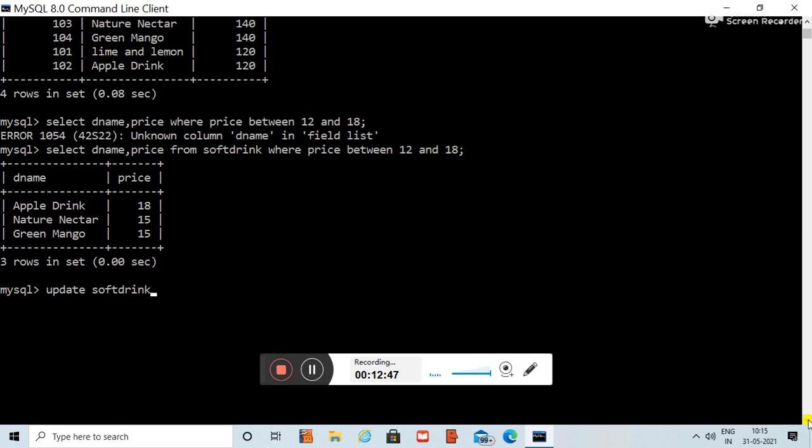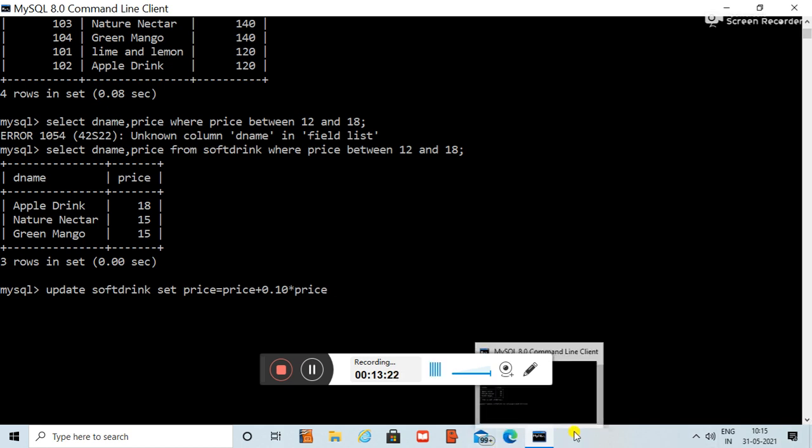Update soft drink, then the set, which field, price, fine, then the expression is equal to price plus asterisk price.